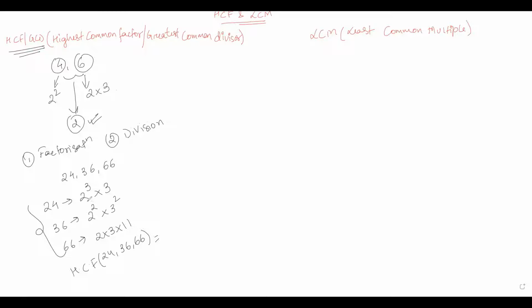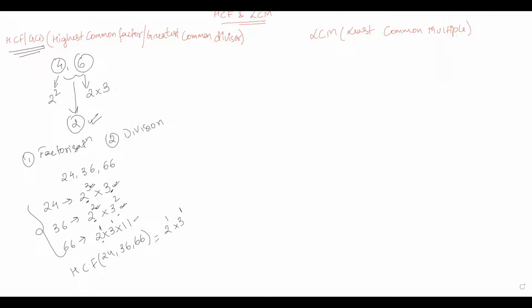So here if you check, here we have 2 and 3, here also we have 2 and 3, and here also we have 2 and 3. We need to check the powers of 2 which are present in all the numbers. Here the power is 1, here the power is 2, and here the power is 3. So the lowest power of 2 which is present in all the numbers is 2 raised to power 1. So we'll write here 2 raised to power 1. In a similar way, here we have 3, here we have 3 square, and here we have 3 raised to power 1 again. So again, we need to check the lowest power of 3 which is present in all the numbers, and in this case, this is 3 raised to power 1.